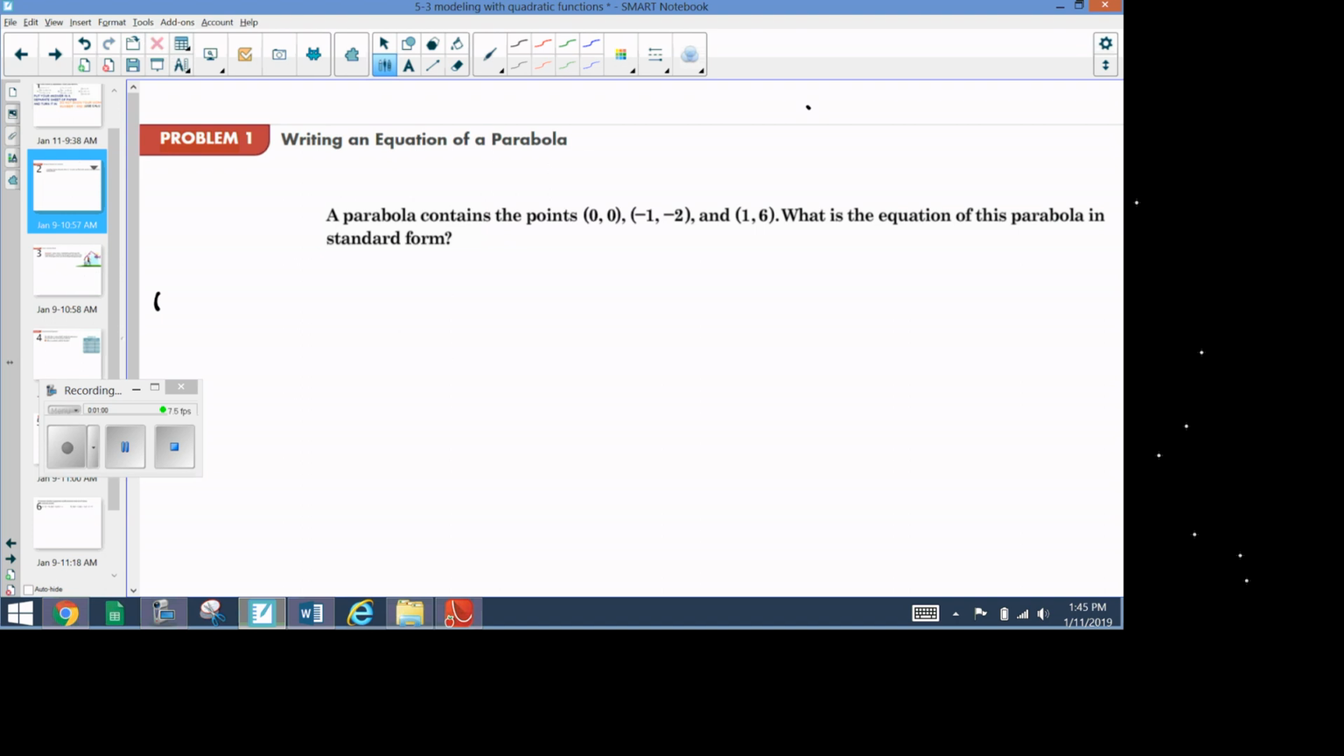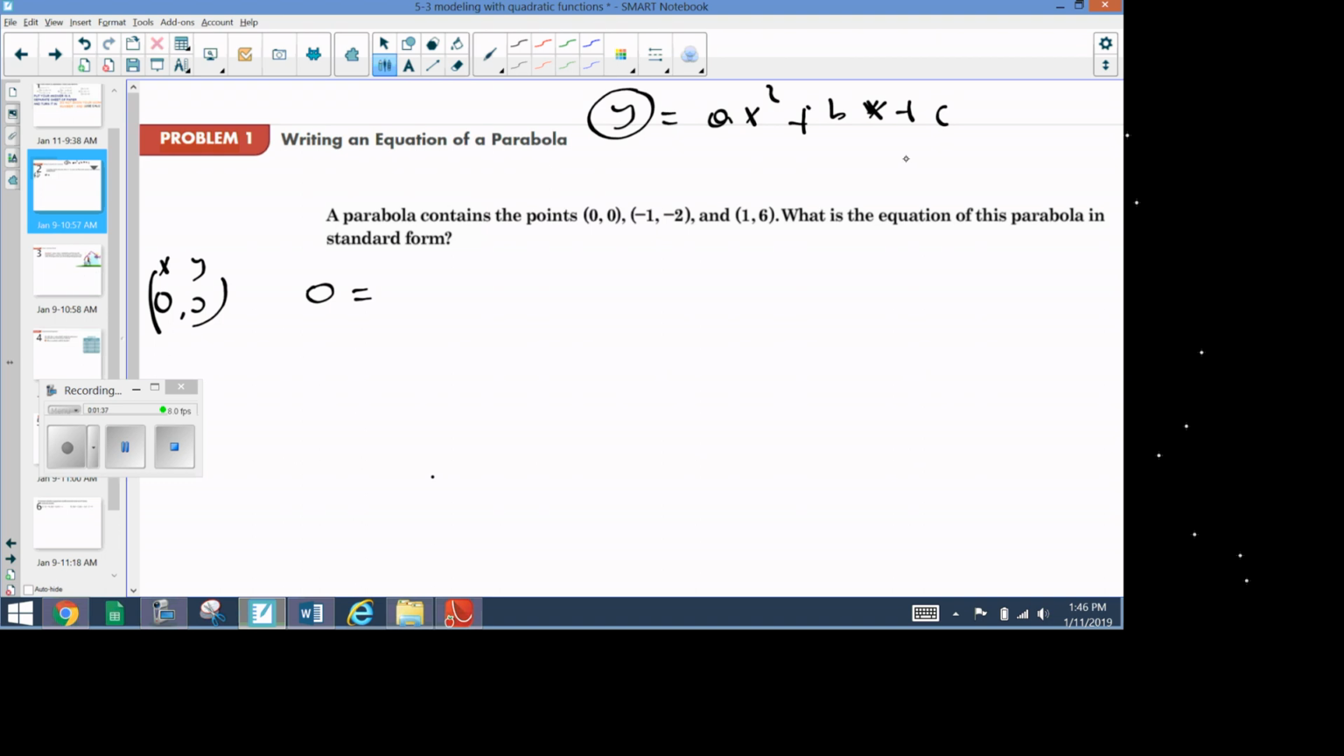Okay, the first point, 0, 0. First one is x, second one is y. So what is the standard form for a quadratic function? Ax squared plus... Yeah, correct. So this is the standard form, as you guys know. Then I have x and y. So y is equal to